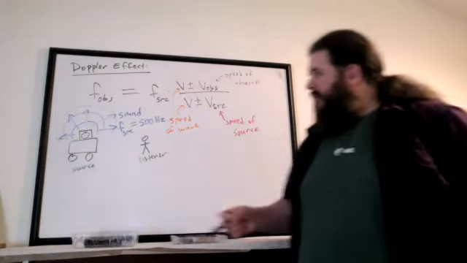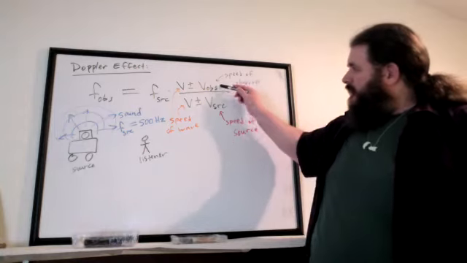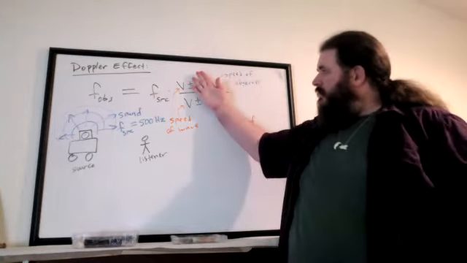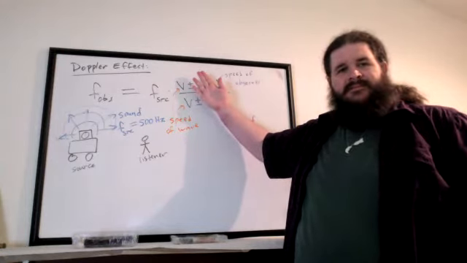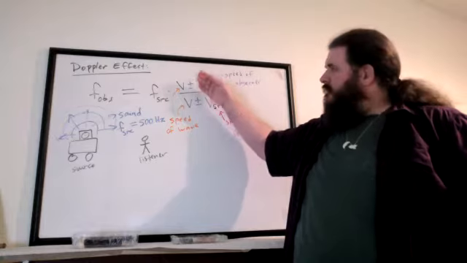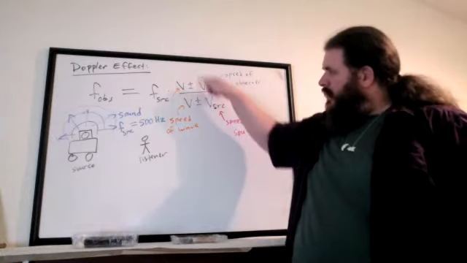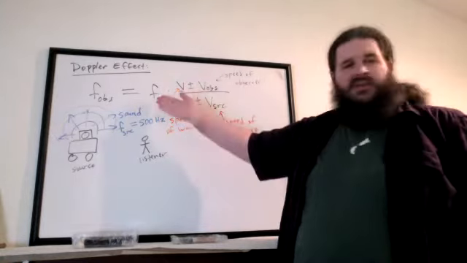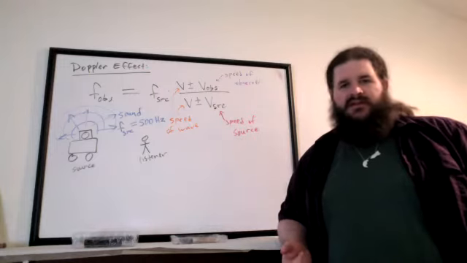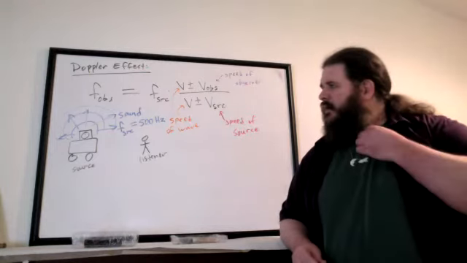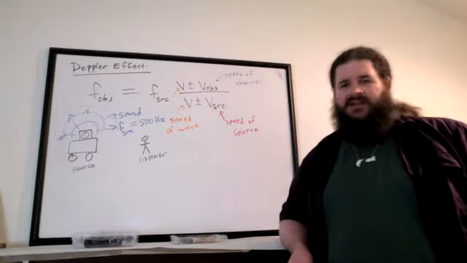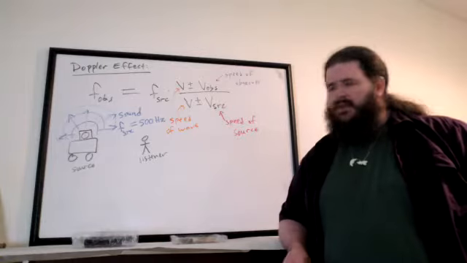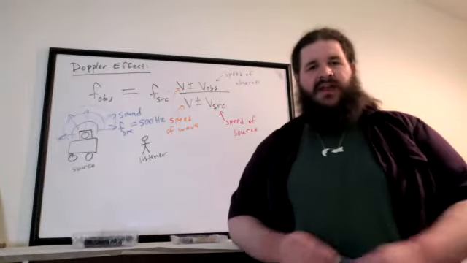And let's check if that matches up in the equation. If you plug in 0 for speed of the observer and 0 for speed of the source, these are gone. What's speed of sound over speed of sound? 1. Yeah, v over itself is just going to be 1. So we get the frequency produced by the source times 1 is the frequency heard by the observer. So in this simplified case where nothing's moving, the Doppler equation still predicts what we should expect: that the listener is going to hear exactly the sound that's being produced.